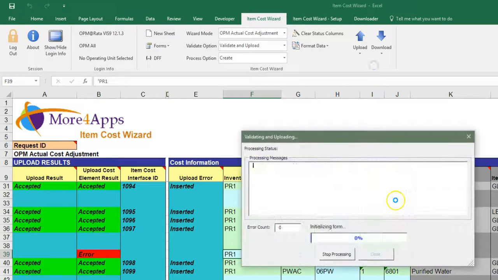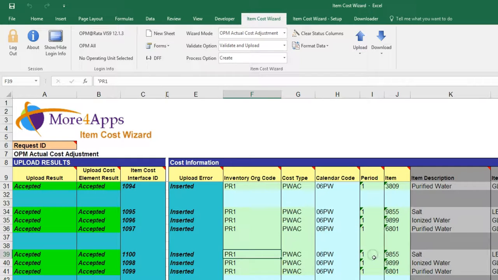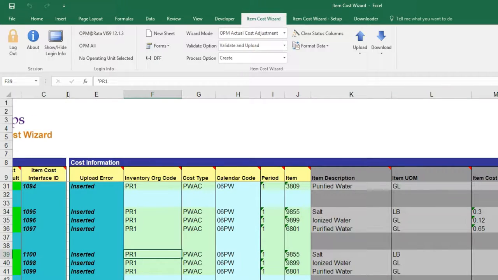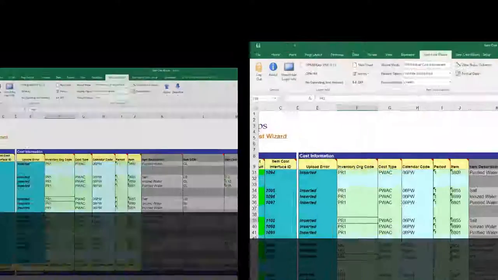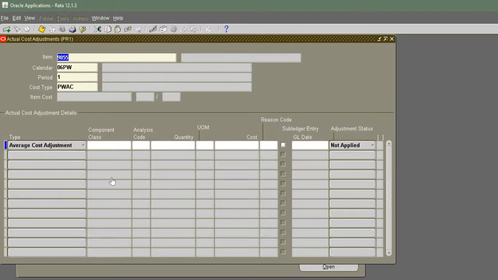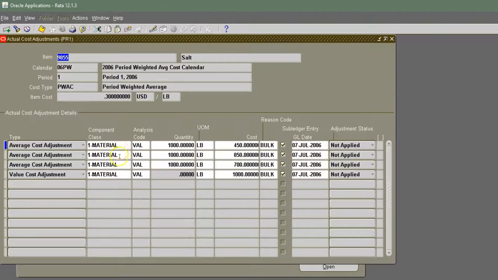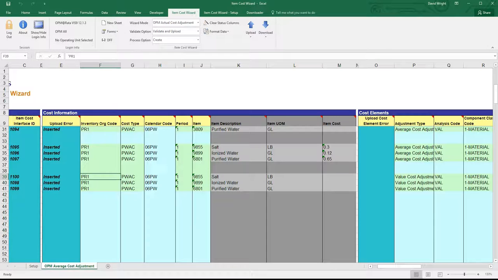And I need to include this one as well. And those value cost adjustments have now been made. So if we query our adjustments in Oracle, we'll see the others that we've made today, as well as that value cost adjustment that we've just made then. As well as the average cost adjustment, if we take those same records again,